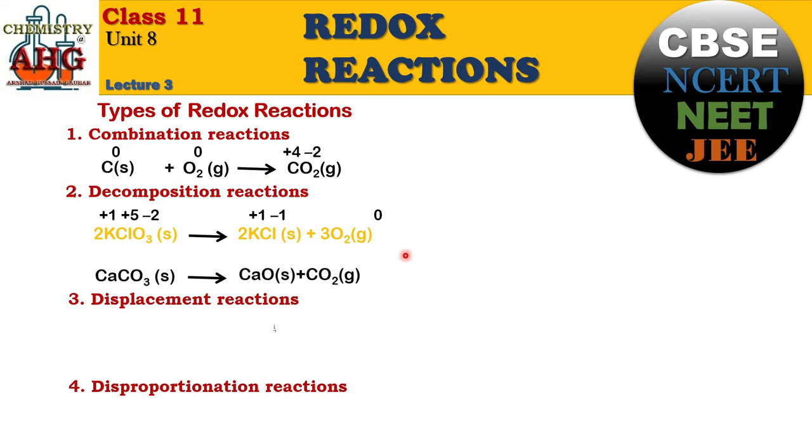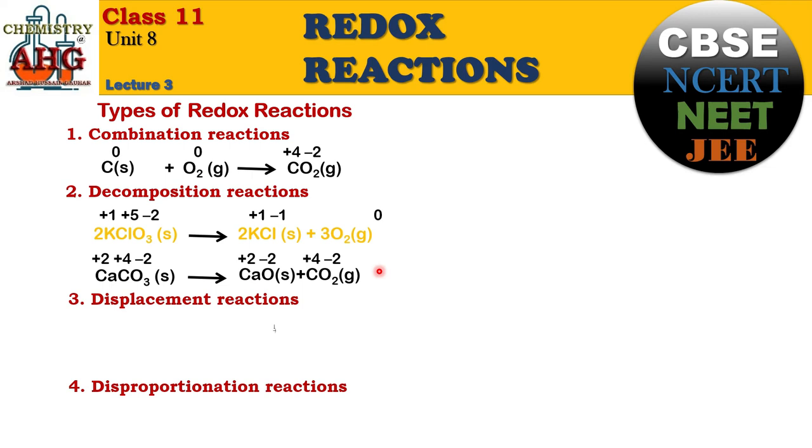And if you write down the oxidation number of each atom, look at calcium, positive 2, positive 2, carbon, positive 4, positive 4, oxygen, negative 2, negative 2. Now you can see this is not a redox reaction because there is no change in the oxidation number of any element.